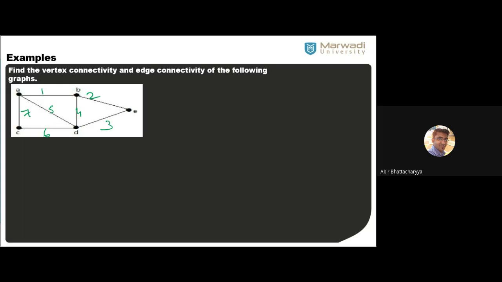So I'm giving an example. First, you can find the cut sets, like 2, 3 is a cut set. Similarly, 1, 5, 7, 4, 3, 4, 5, 7. These are the longest cut sets, but I need the minimal cut sets. So the minimal cut set is 2, 3 or 7, 6. So I can go for 2, 3. This is going to be the minimal cut set.